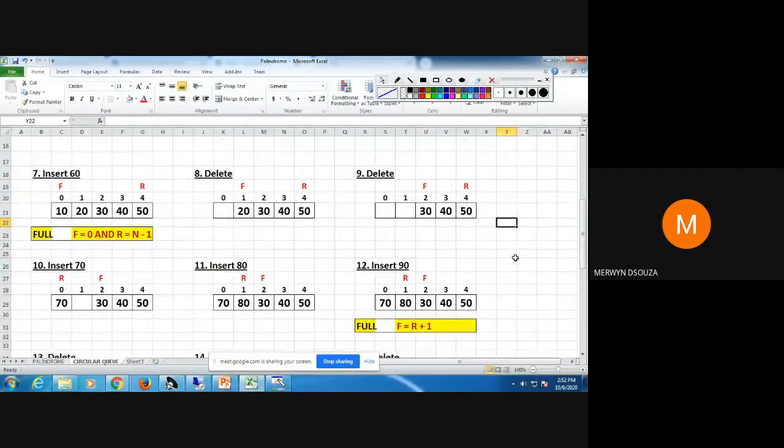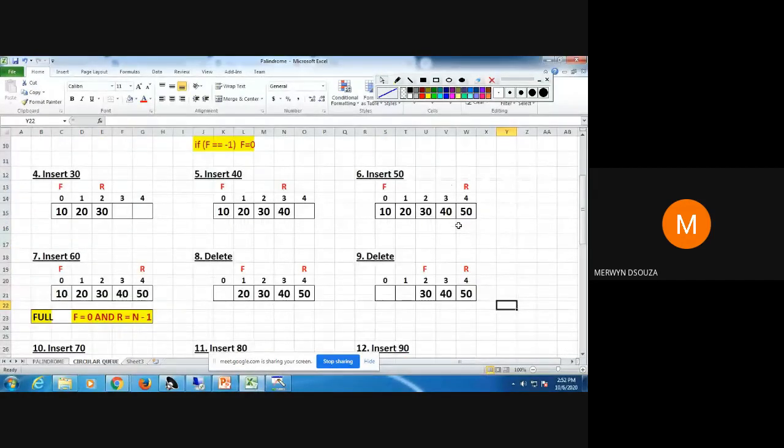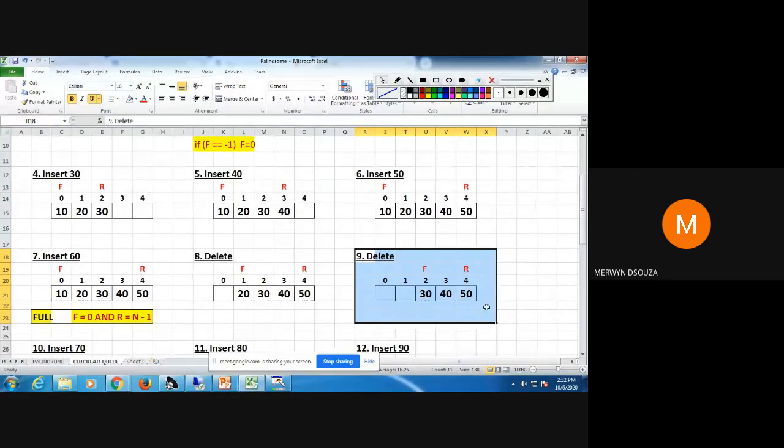Now say I want to insert another value, 70. After this step 9, I want to insert 70. Can you calculate the value of rear and type it in the chat? When you're doing enqueue, you use this formula.